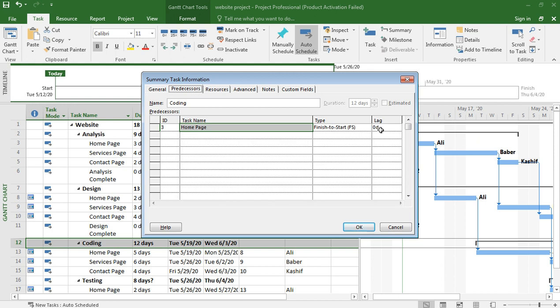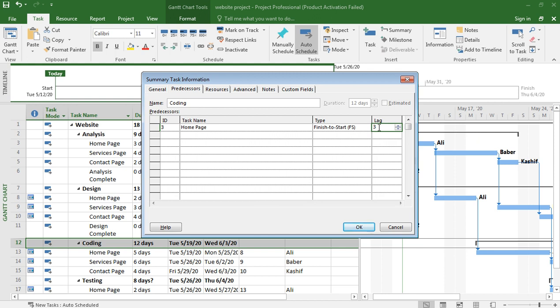And we also use start to finish, mostly, right? And this is start to start, SS. Okay. So these are scheduling techniques: start to finish, finish to finish, where one process finishes and the next starts, one process finishes and the next finishes, one process starts and the next starts. Okay.